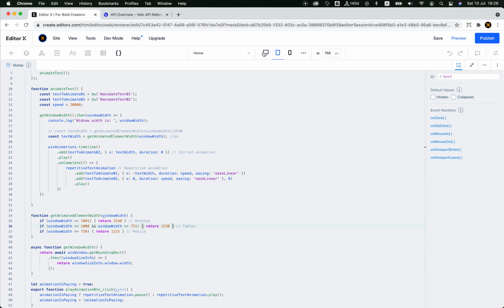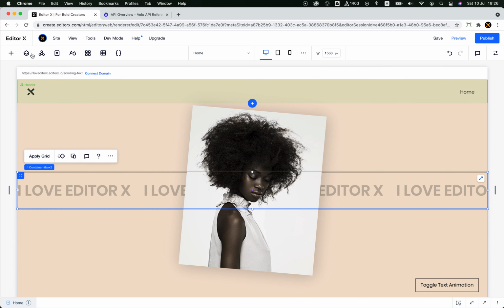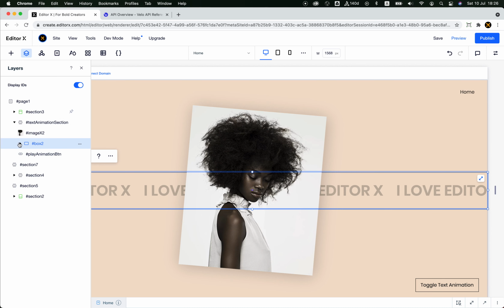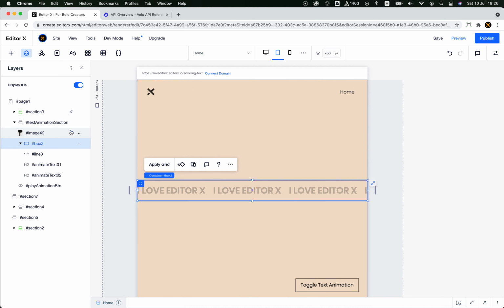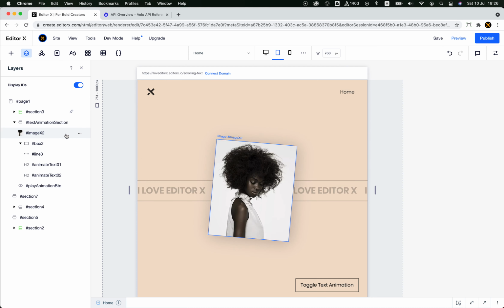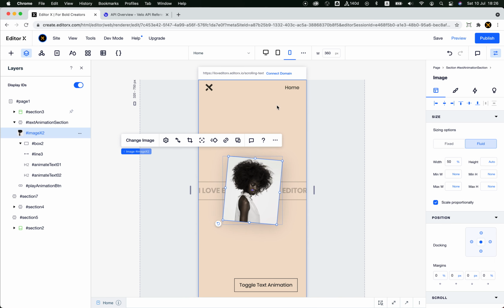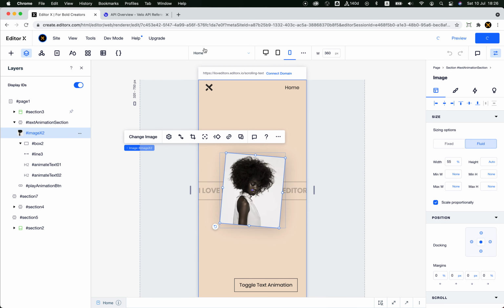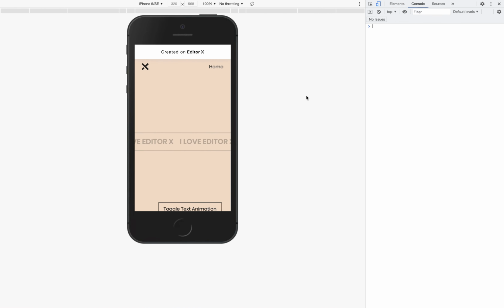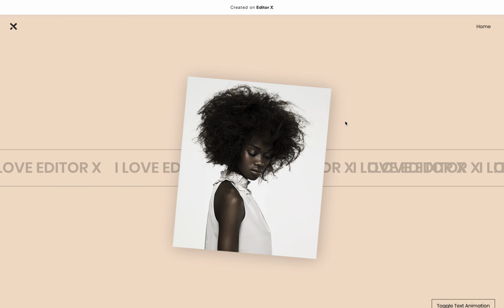So let's display it, just so we have a beautiful design. Let's make it a bit bigger here in tablet, 40%, and 55 on mobile. Let's publish it, and voila,